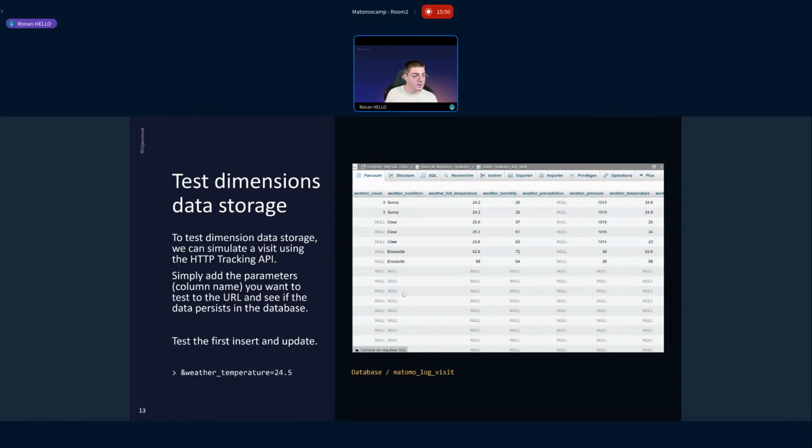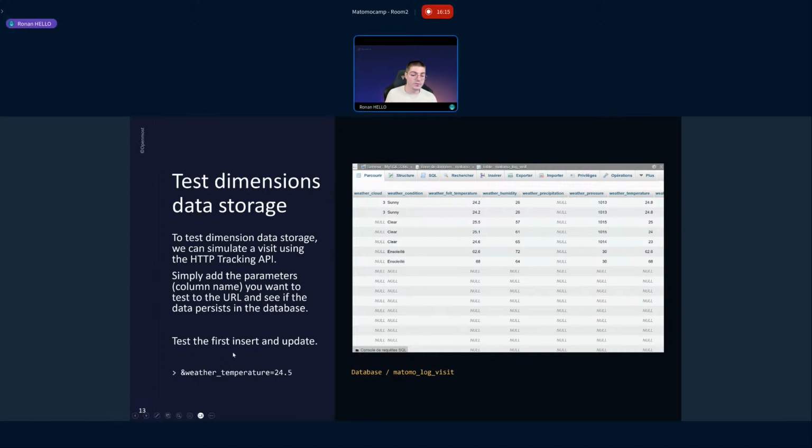And how can we test sending data at this point of developing the program? You just have to fake visits or override current visits. When you hit a page on a website that is tracked by Matomo, it will trigger a request to the Matomo instance, and that request is just a URL with parameters.